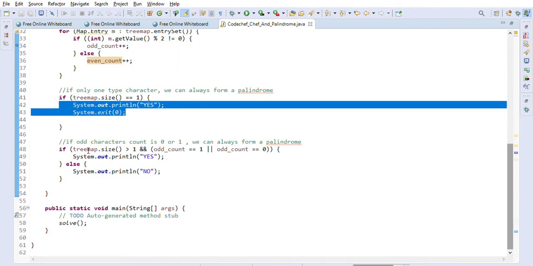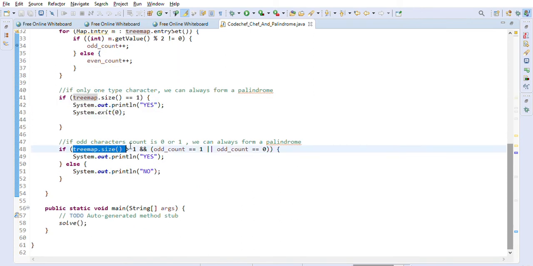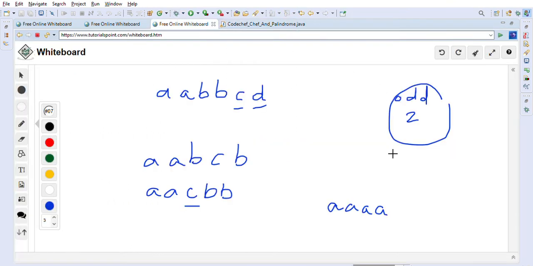If that is not the case, we check the size, that is, the number of distinct characters. Size greater than 1 means there is more than one character, and we will check if the odd count is 0 or 1. If it is 0 or 1, we are good. For example, if we remove D, then odd count is just 1, and we can fit that in the middle like this.